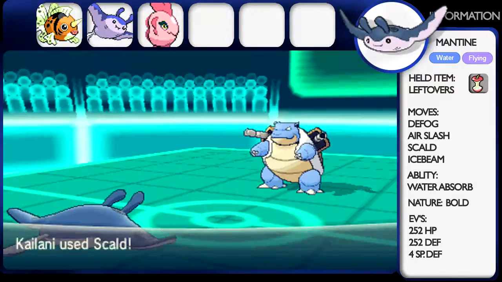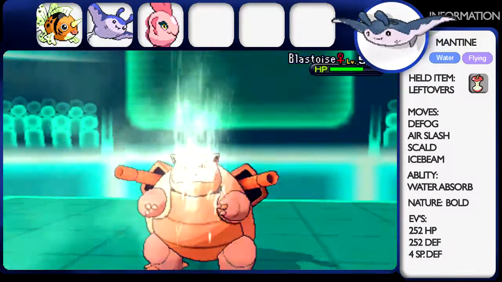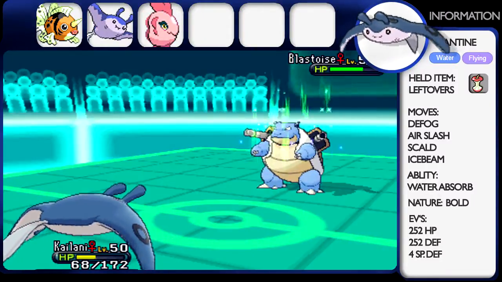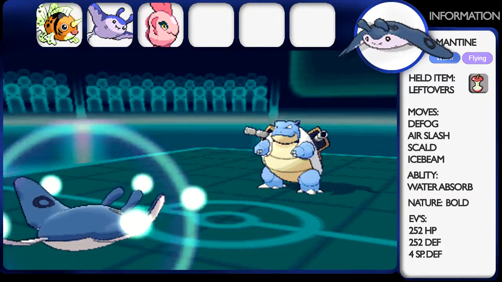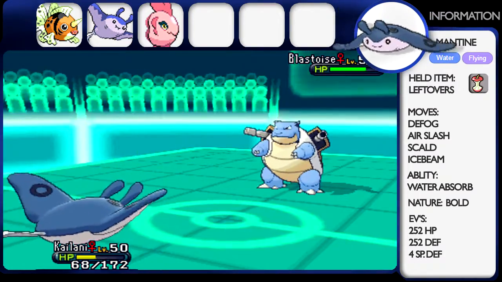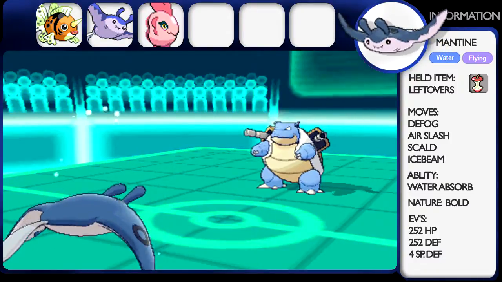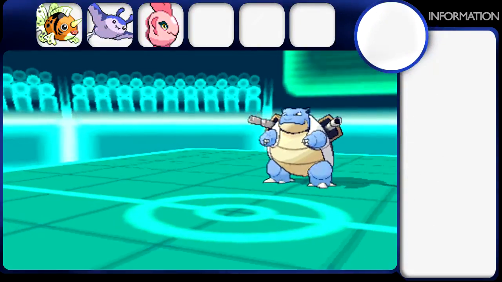I went for a Scold here because I was trying to not do much damage to it in case it Mirror Coated, but I wanted to try and burn it at the same time. He's just going to get some Leftovers recovery, and Scold is really not doing anything, but I don't want to hit it too hard with that Air Slash and get my own Manaphy taken out with a Mirror Coat. So I'm just going to get some more Leftovers recovery, and then I'm going to swap out because I don't want to take any more Mirror Coats, and I'm going to swap into my Lanturn,